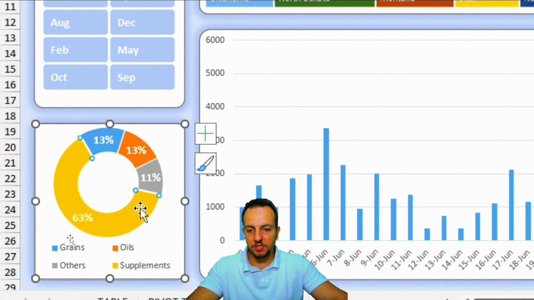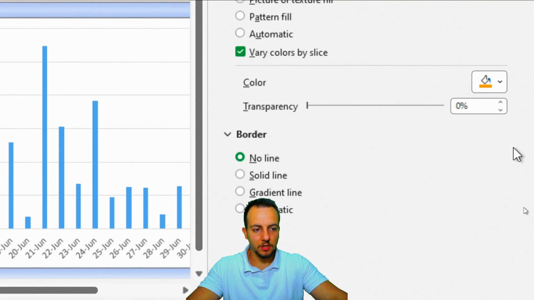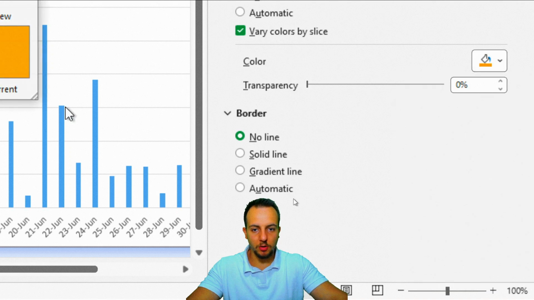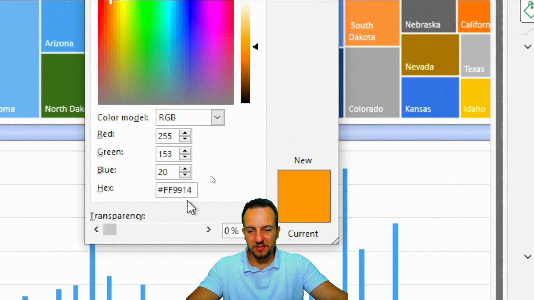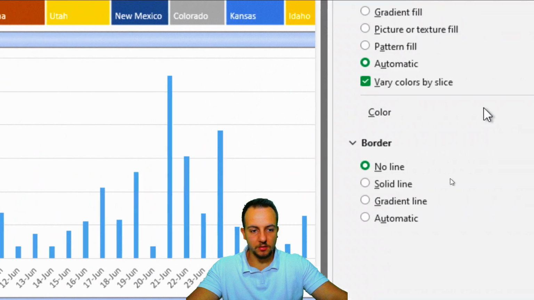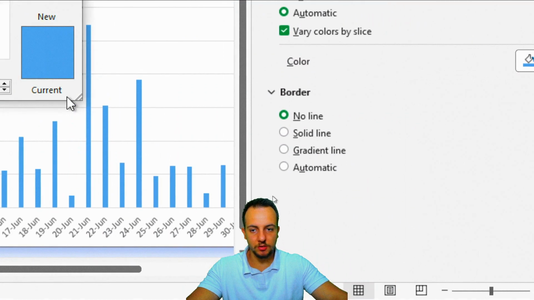Now I can choose just the yellow one, Fill, Solid Fill, and I can choose here a color, maybe a green one. But I'm gonna click here More Colors, because we can see specifically what settings we're gonna use. The green one is gonna be 66, 66, FFCC. Enter, like this. The blue one is gonna be pink, so I'm gonna click here in the colors, More Colors,